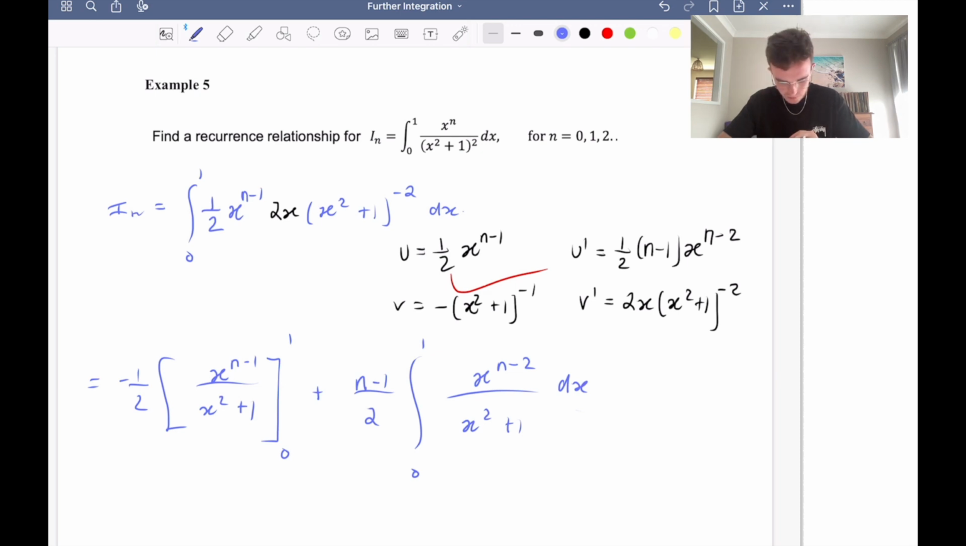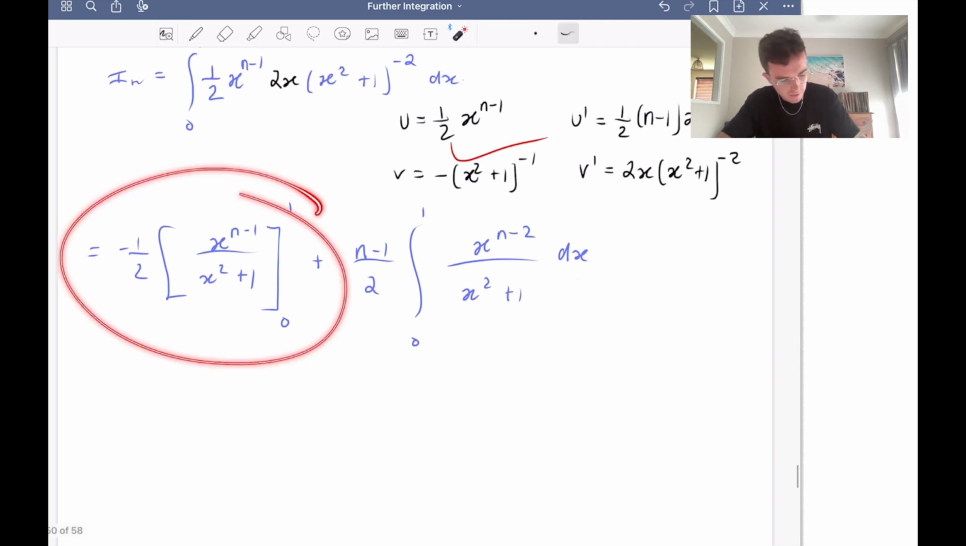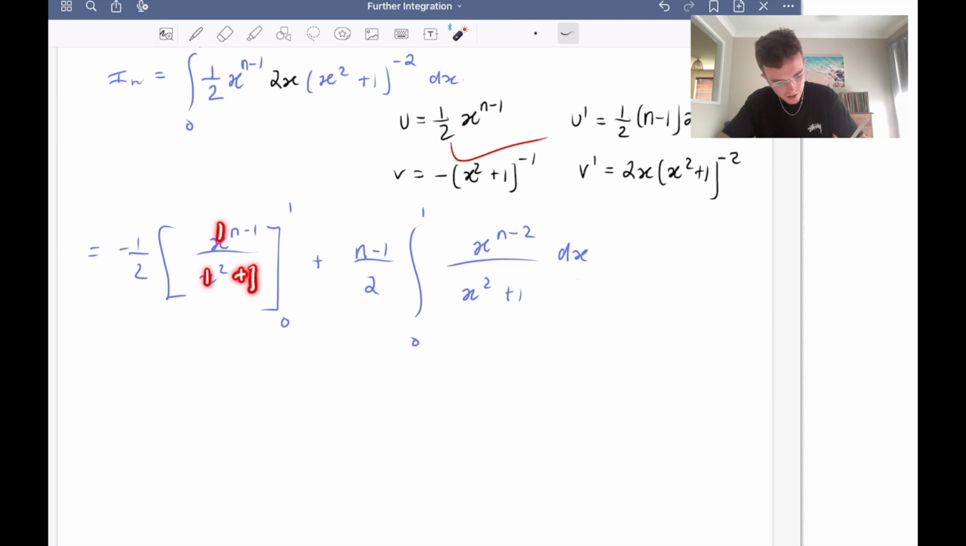Okay. Not the most ideal thing to integrate, and that's because we don't have the differentiation of the bottom on the top, so it's not going to be an ln. The only thing I can think of doing here is we might want to multiply the top and bottom by x squared plus 1. Now if you evaluate this here, you're going to have 1 over 1 plus 1, which is 1 over 2, minus 0. So this is going to be minus 1/4 plus the integral, we've got n minus 1 on 2,